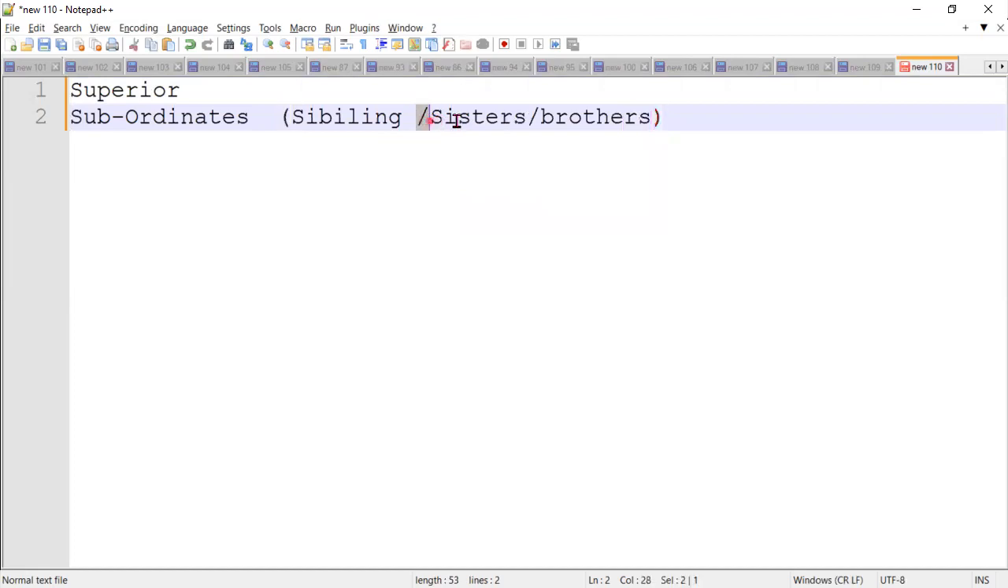So in real time, we do not call them sisters and brothers. This is just for you to understand. We do not call siblings, sisters or brothers. We call it subordinate and superior. So role hierarchy allows us to make the subordinates